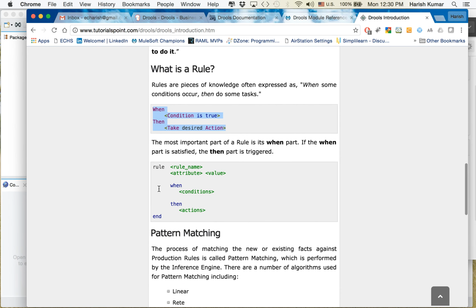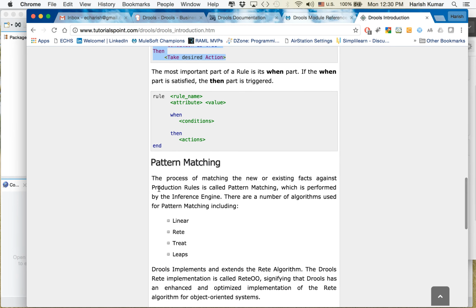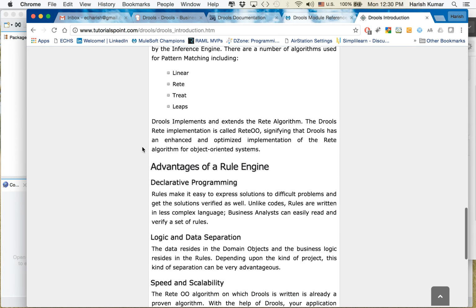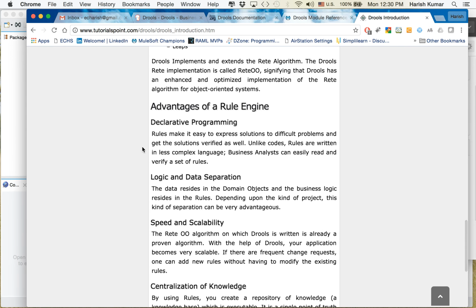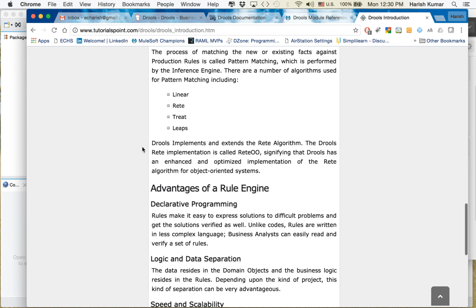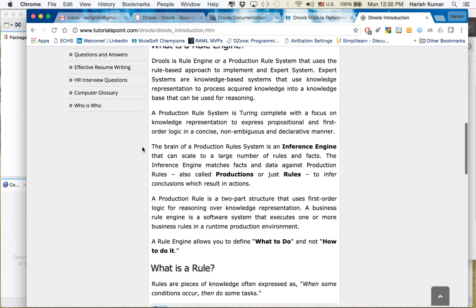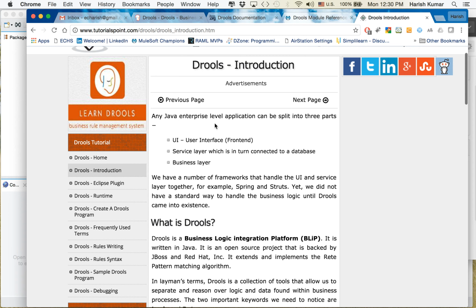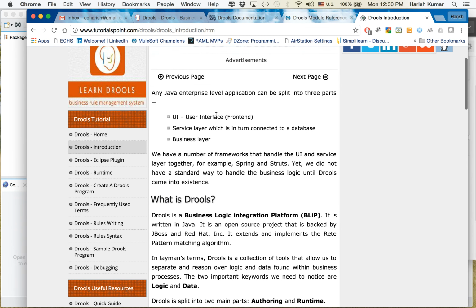This is very basic. There are a lot of things in DROOLS going on behind the scenes, like different kinds of pattern matching, declarative programming, data separation, speed, scalability. So I'm not going to go through all those things. If you want more information about DROOLS, how it works, what it does internally, and how and why it does something,